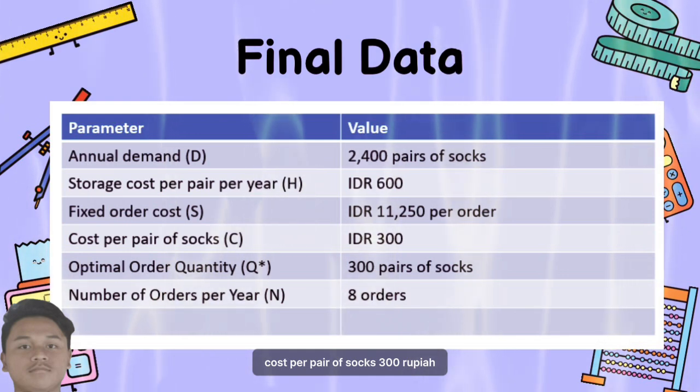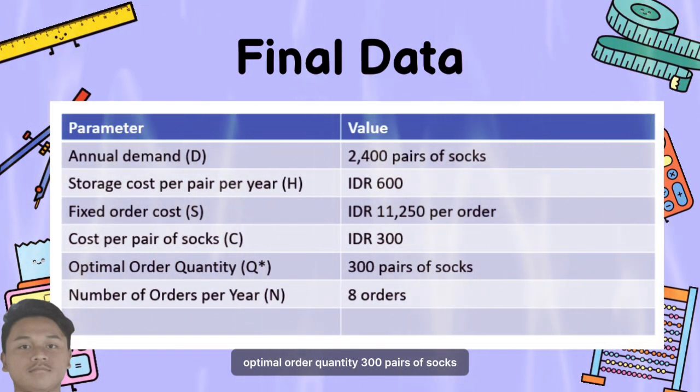Cost per pair of socks, 300 rupiah. Optimal order quantity, 300 pairs of socks. Number of orders per